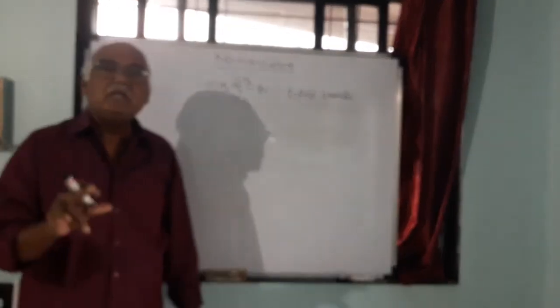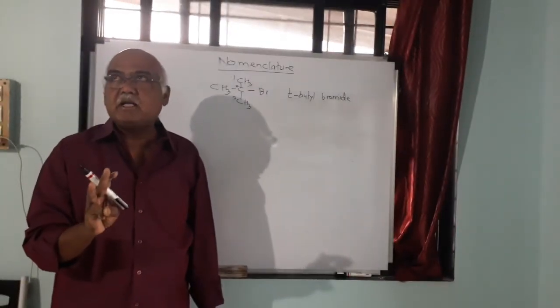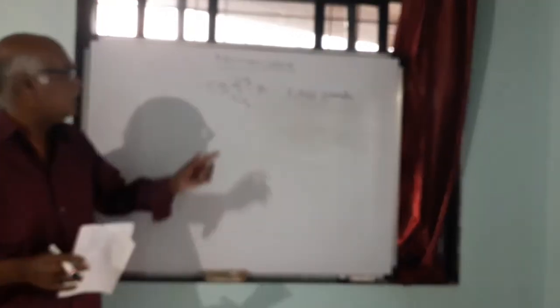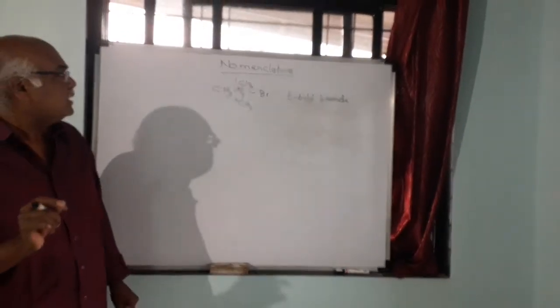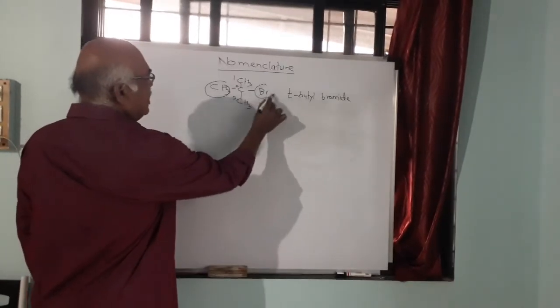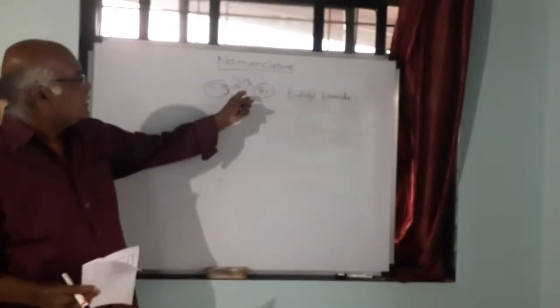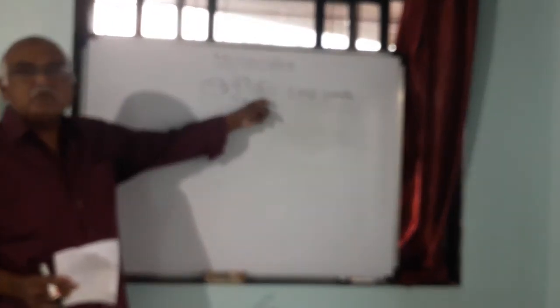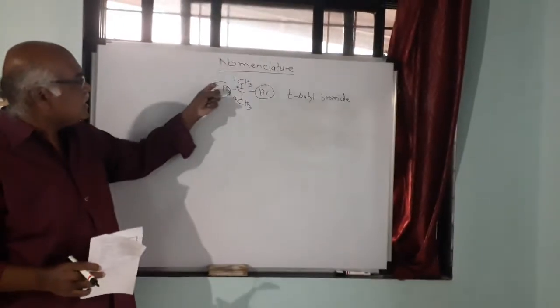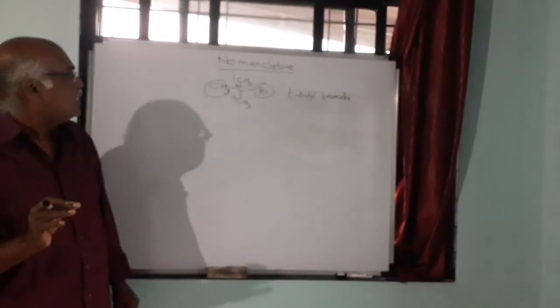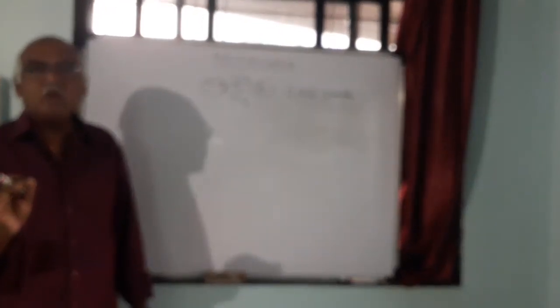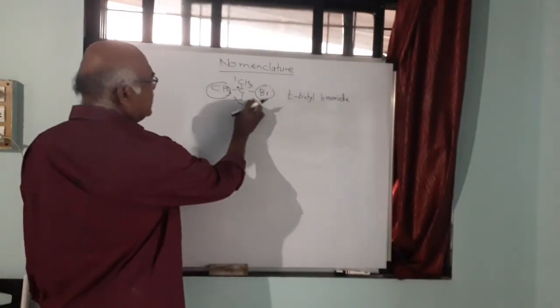Okay, so this will be a derivative of alkane with 3 carbon atoms, and the derivative of alkane with 3 carbon atoms is propane. Then indicate the position of the functional group as well as the alkyl group. So we have to indicate these two. On carbon atom number 2 there is bromine, so this will be bromo. On carbon atom number 2 again there is a methyl, that is a CH3 methyl group, so we have to indicate them. Now when you indicate them, you have to see alphabetical order. So in alphabetical order, bromo will come first and then methyl will come.